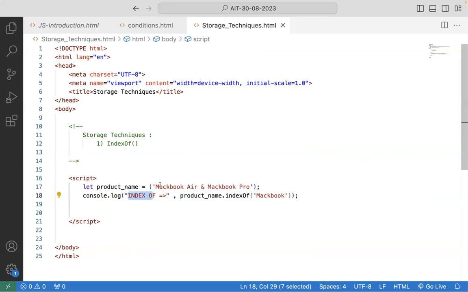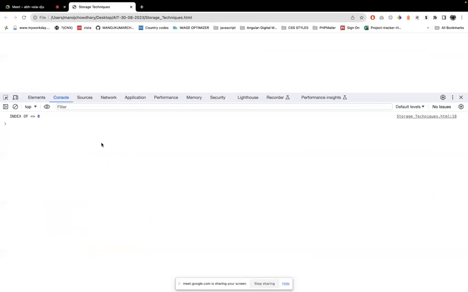For example, if I make this message bigger and reload the browser,